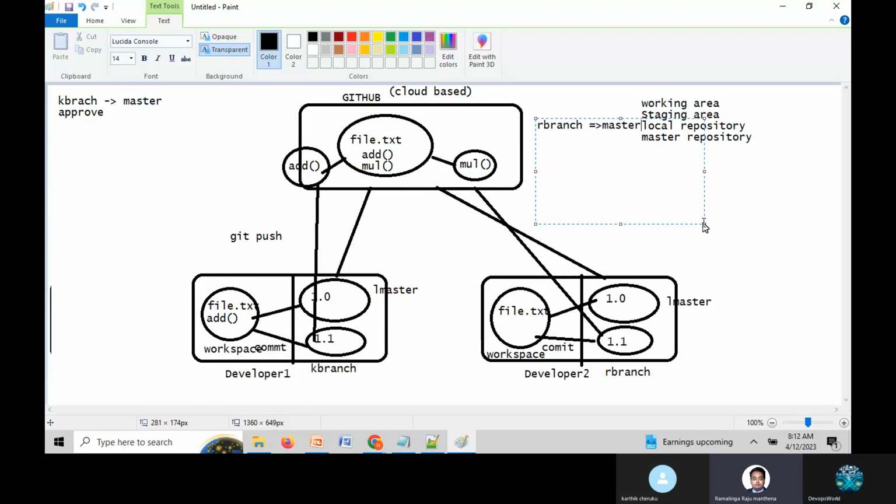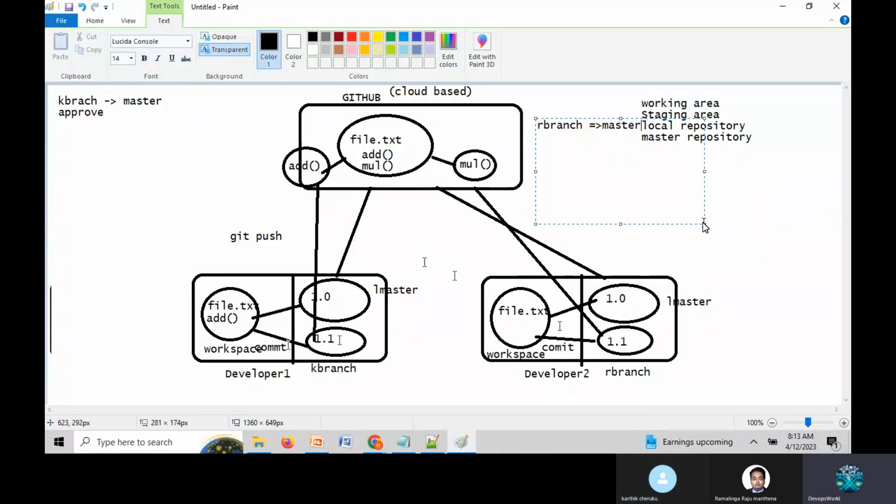Clear now? Means he'll be having admin privileges? No, that is different, let me tell you. Suppose in the lower environments, you are able to merge it. But in the higher environment, production, mostly your team leader or your superiors will approve that. That's it, it is for accountability. And what is the advantage here, Karthik? You are never dependent on the other person's work. You can create your own branch and work on it. That's it.